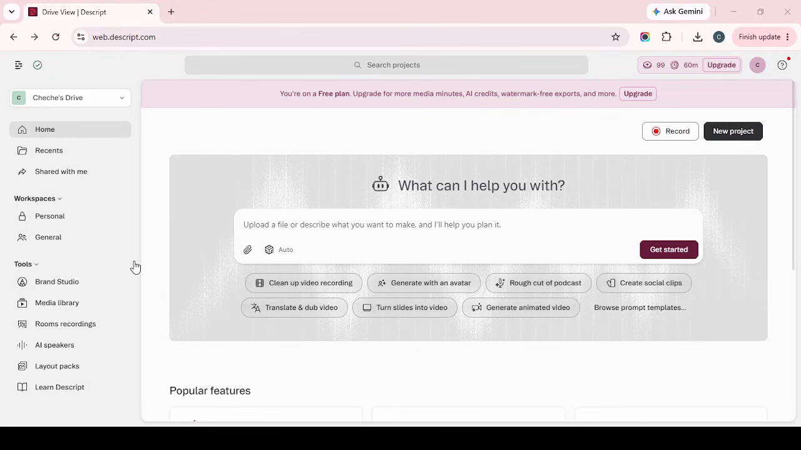In today's video, I'm going to teach you how to improve audio quality with Studio Sound in Descript. To get started, open Google Chrome and go to web.descript.com. Once the site loads, sign into your account if needed, and then open the project that contains your audio